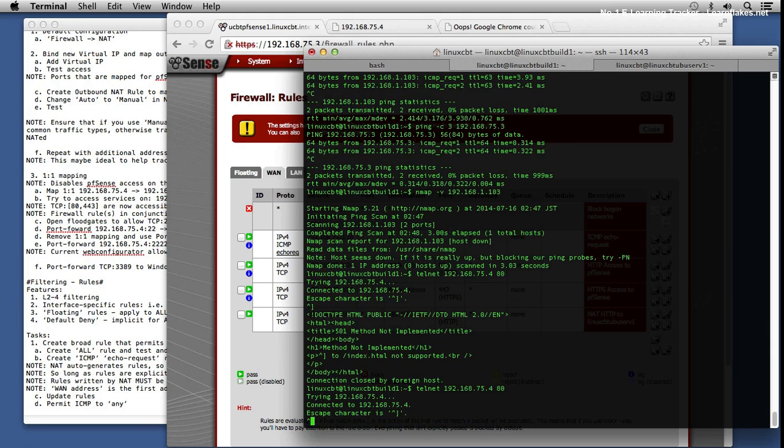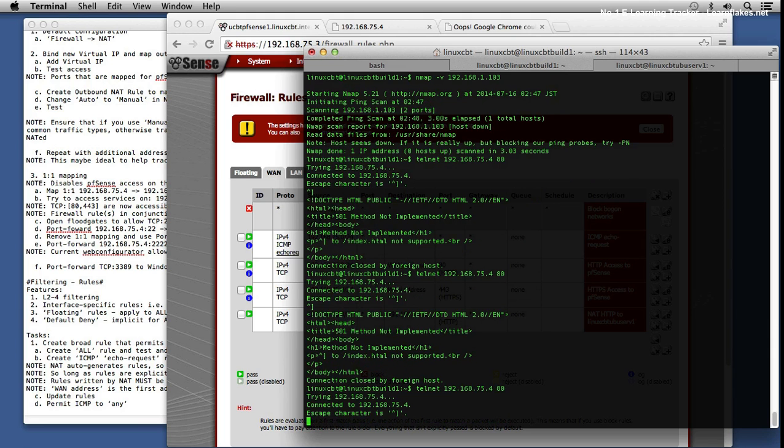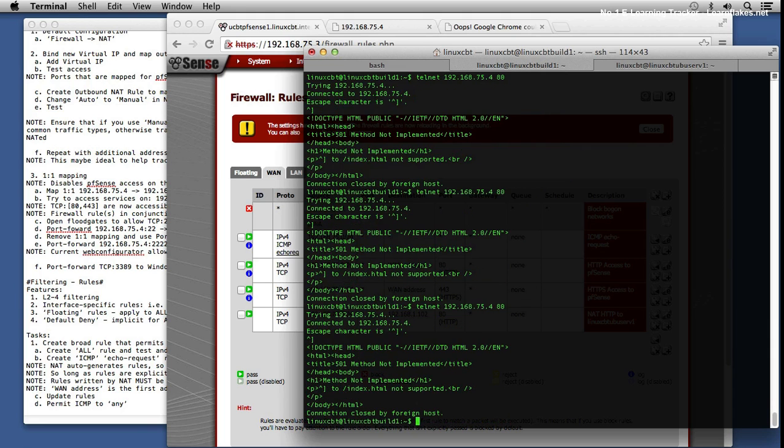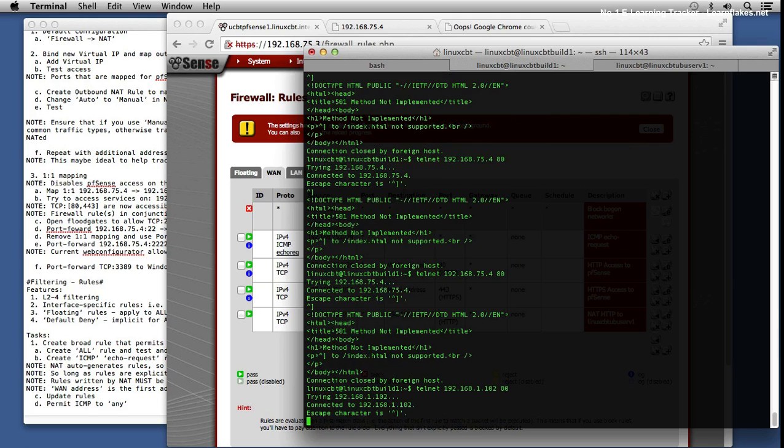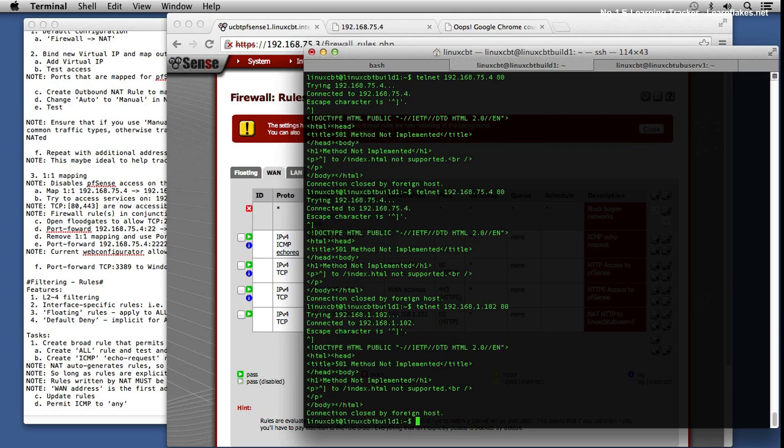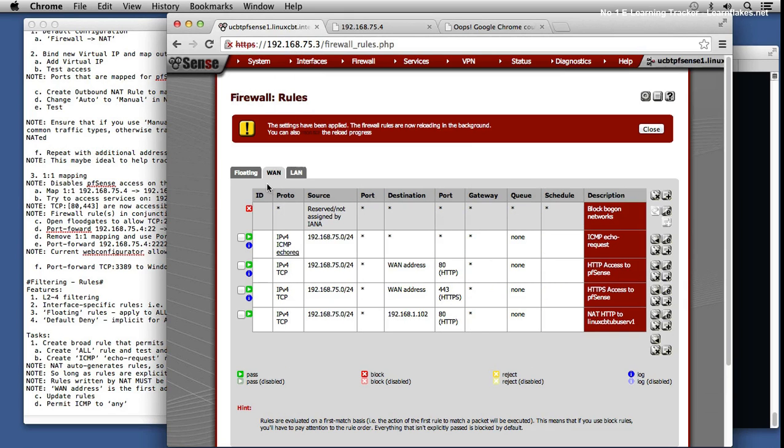because sometimes, depending on how many rules and the speed of the system and number of sessions, will determine whether or not the firewall responds in a timely fashion. And then if we telnet to 1.102.80, that comes up. So that rule still works. So everything's looking good. Now to tack on the SSH, the easiest way is to just plug in with NAT,